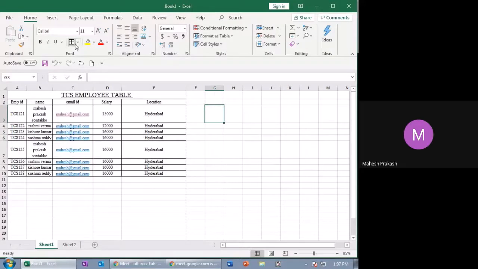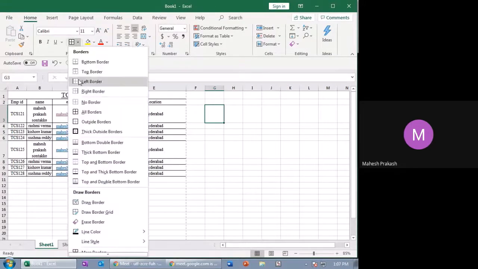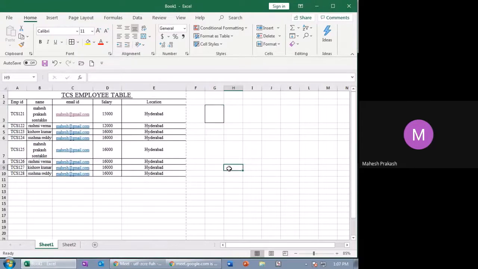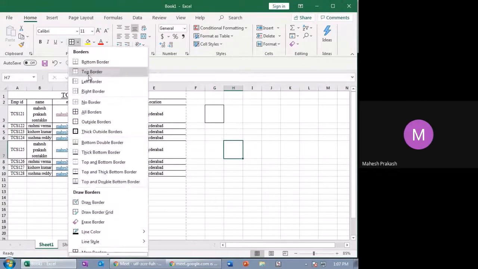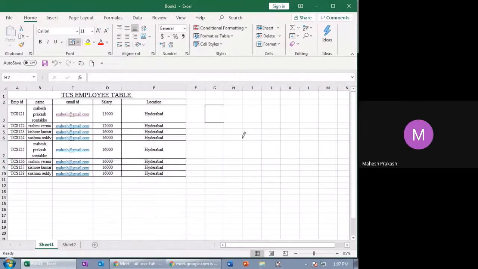So that's all about font. In font we have borders. Okay, so you can also practice all these things. This is draw border. It's nothing but you drawing the borders on your own. Okay, see here, borders, draw borders. See, this is what you're doing when you click on draw borders.